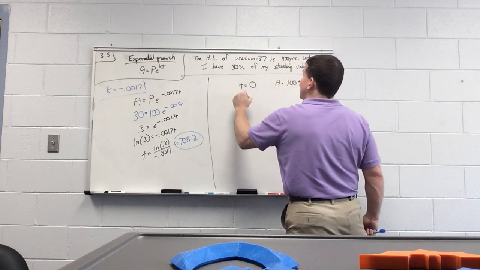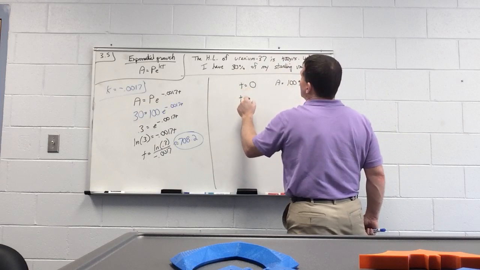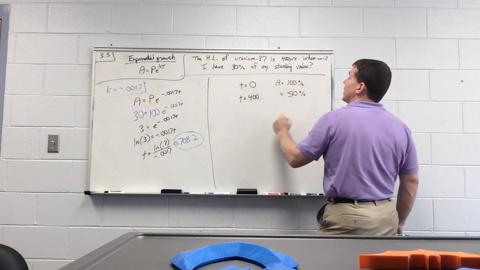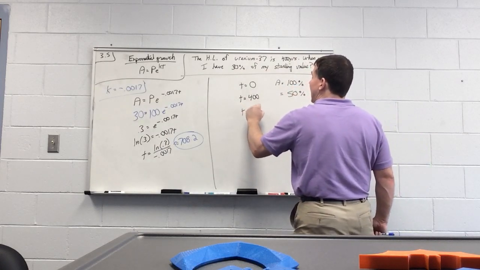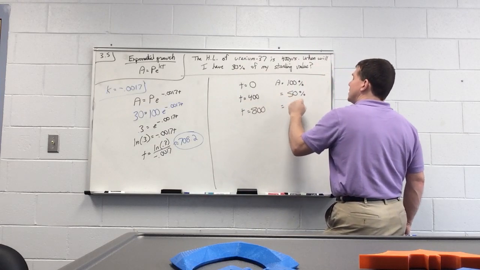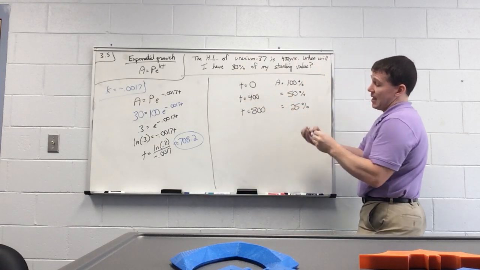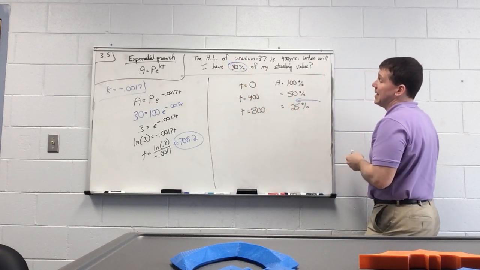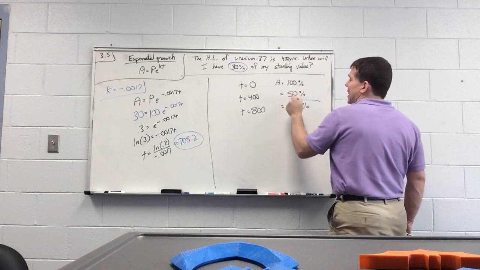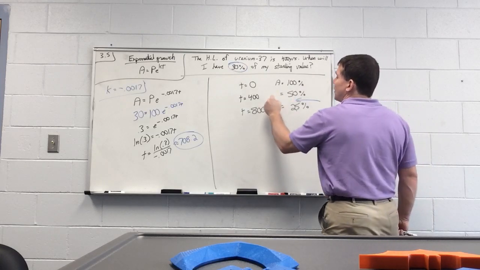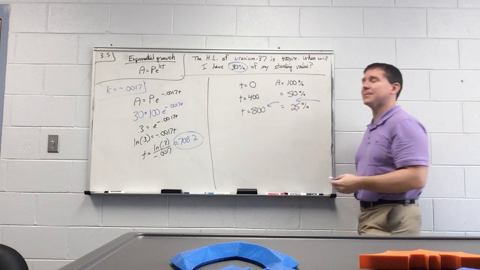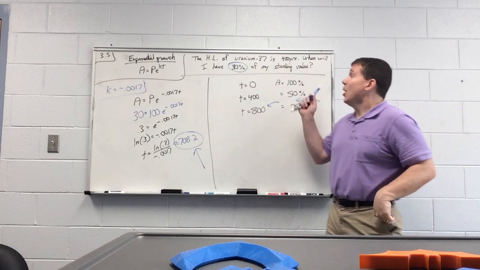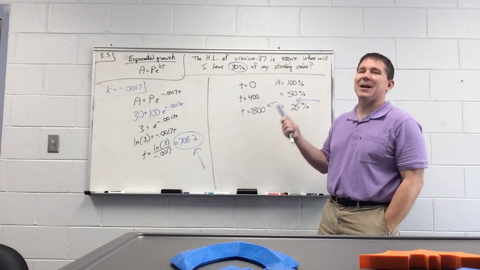Half-life is 400 years, so when time is equal to 400, I'll have half of this, which is 50%. 400 years later, when time is 800, I'll have half of this, which is 25%. I want to know when I have 30% left, which clearly has to be in here. And if you think about it, 30 is closer to 25 than 50, so my answer should be closer to 800 than 400. And I got 708.2,